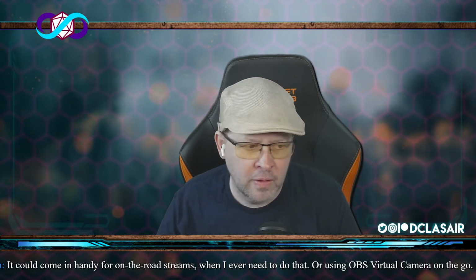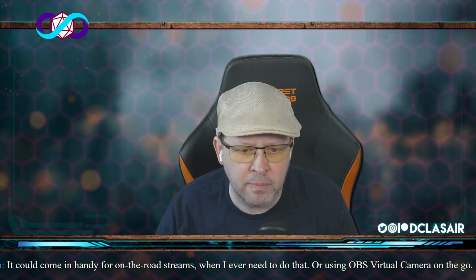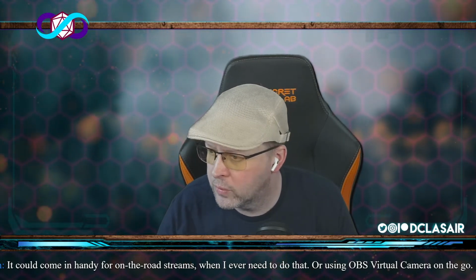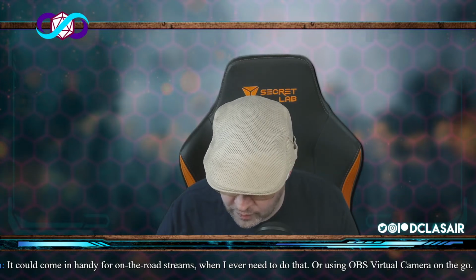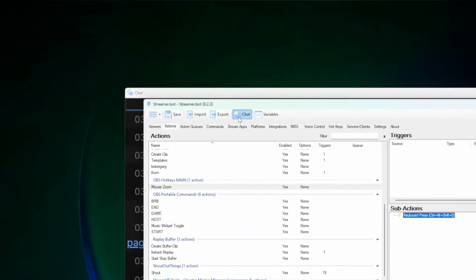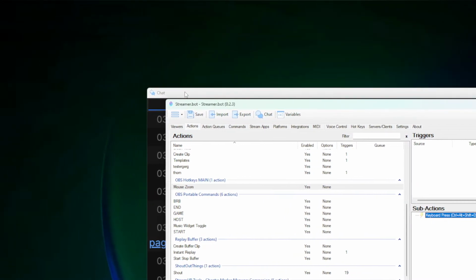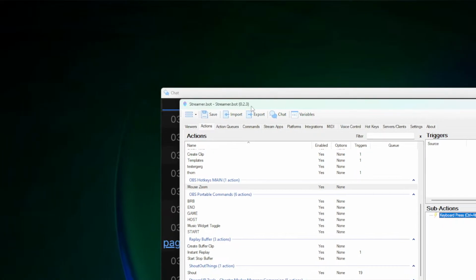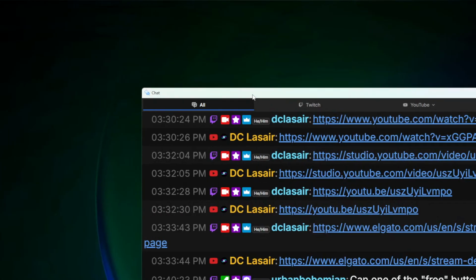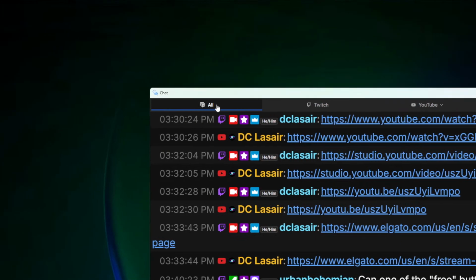All right. So let me bring StreamerBot over. In StreamerBot, you have this chat window right up here. You click this, StreamerBot version 0.2.3, click chat, and now you get this fancy thing where you can see all your chats,